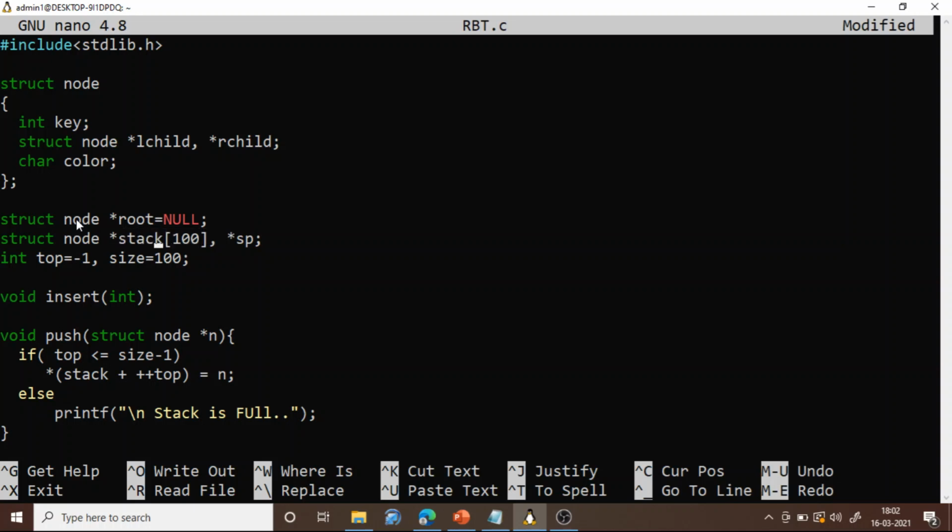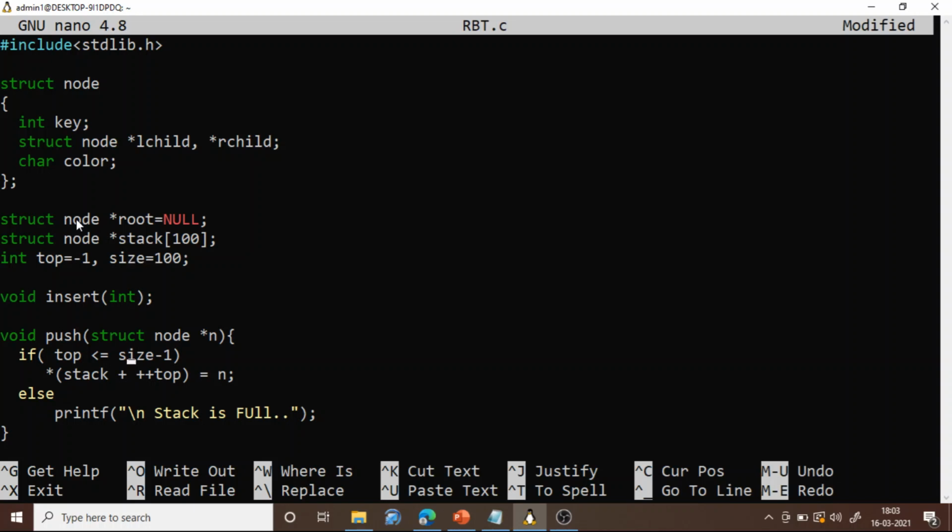The array contains 100 locations and all the 100 locations are pointers, that is, each can point to a particular node. This stack pointer anyway I am not using here, so let me delete it. All these are stack features. Initially top is initialized to -1 and the max size of the stack is 100, so we set size to 100.